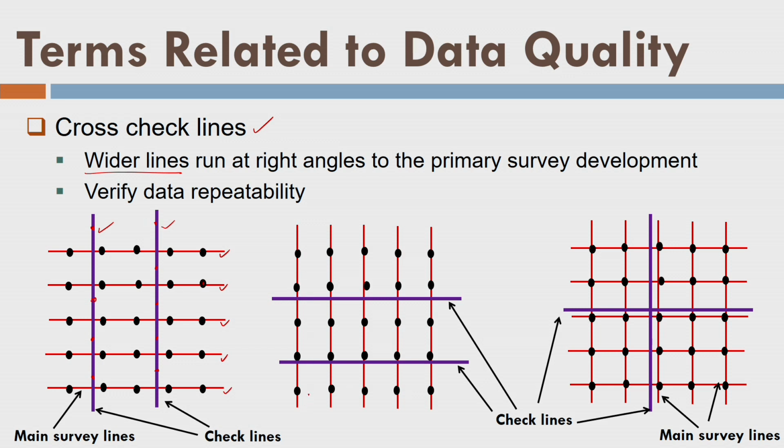Similarly, if my survey lines are vertical on the screen, these are my cross lines. So I am collecting data over there in order to validate my work. Okay. Similarly, if I have two types of survey lines, horizontal and vertical, so I will have two types of cross lines also, like this, right? You got the idea of how we validate our work?